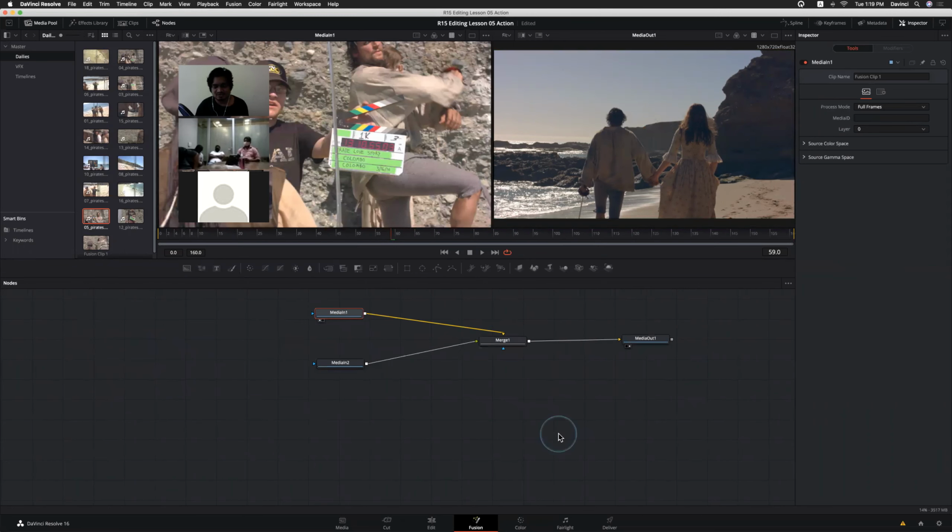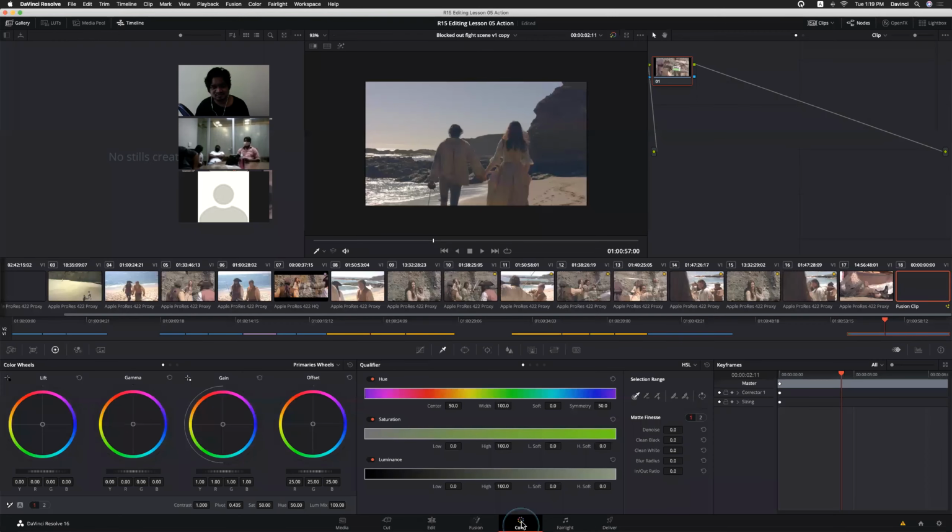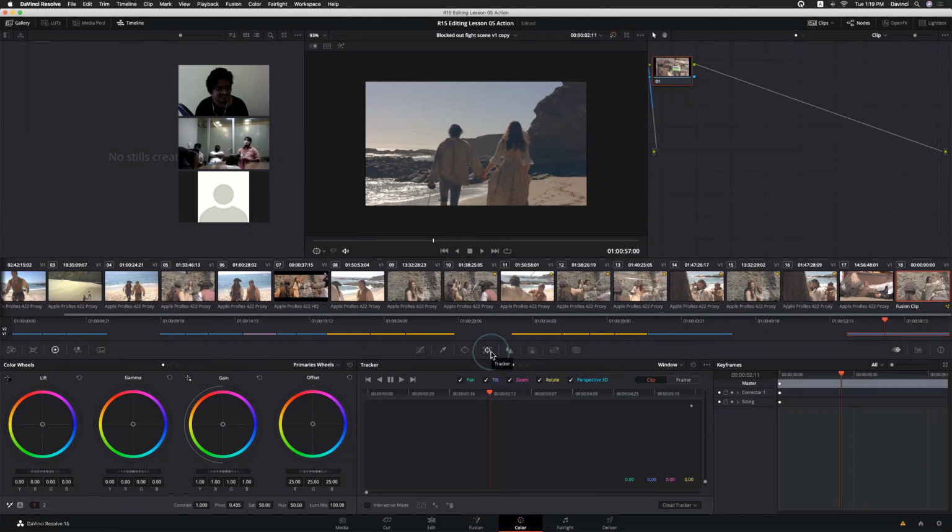Okay. So for masking, this is the useful and flexible option. And one more thing is, after you mask, you can track it also. If there is a camera movement, it will automatically track the entire thing. Okay, the basic rotoscoping. Anyway, we'll discuss tracking and everything in the next session. Continuing with the multicam.